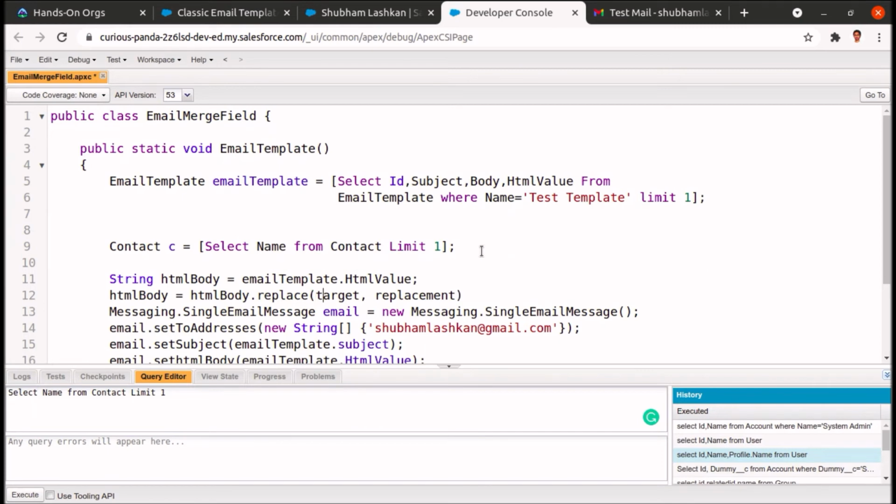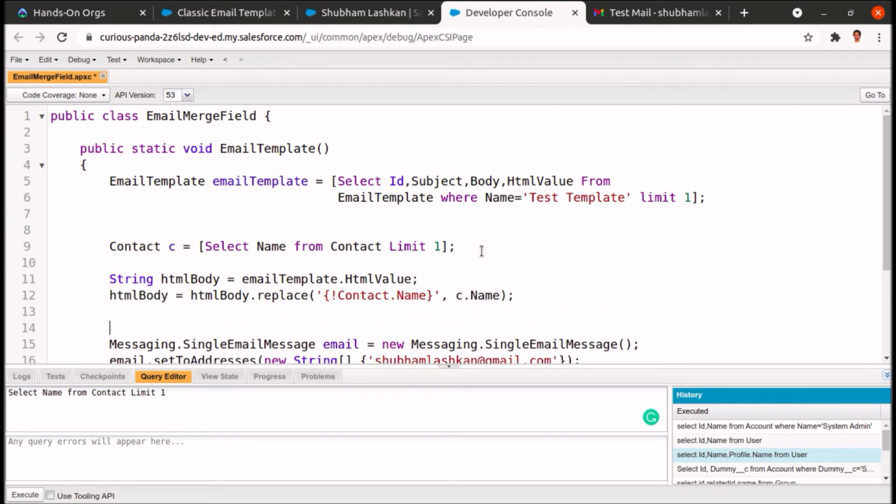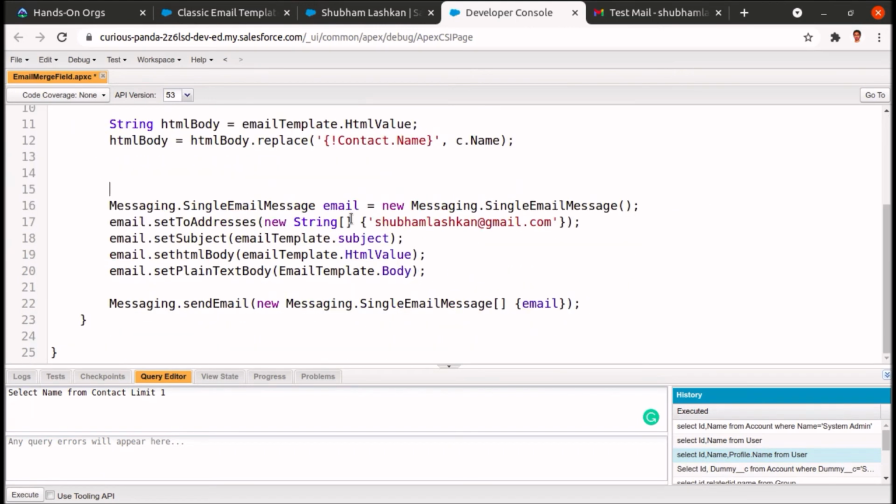Our target is contact dot name, and C will be capital, with C dot name. So we have replaced the content contact dot name with C dot name, and we will also replace the same for the plain body.